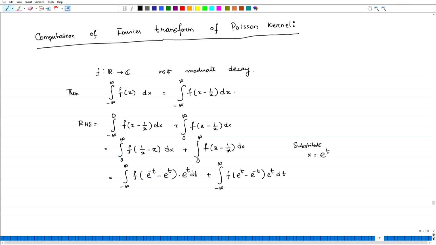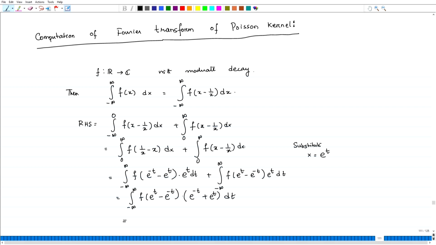Now, in this, if I make a change of variable, then what we are going to get is the integral from minus infinity to infinity of f of (e to the power t minus e to the power minus t) into e to the power minus t dt, and here, if I take, then this is e to the power minus t plus e to the power t, then we have got dt,